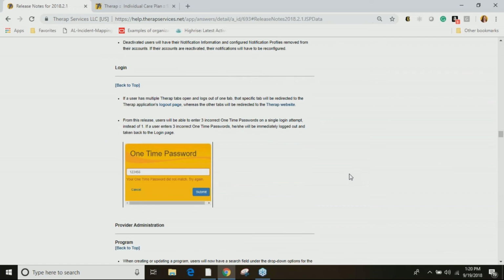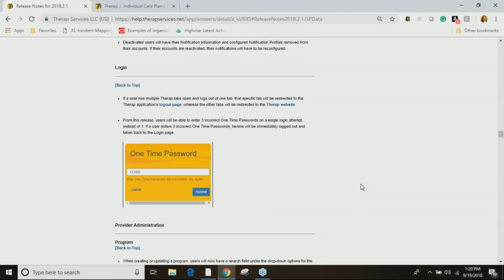Logging in. A couple things here. If you have multiple tabs open and you log out of one, it's going to log you out everywhere. And also for anybody using the two-factor authentication, right now if you type in a wrong one-time code, it logs you out and you have to start back with your password again.